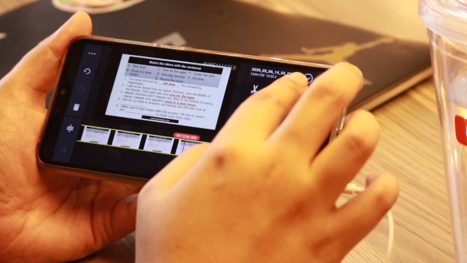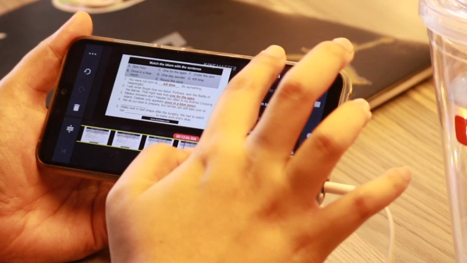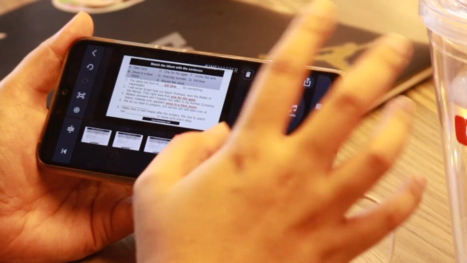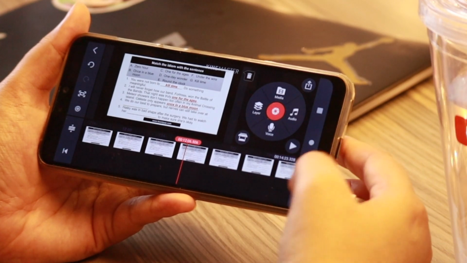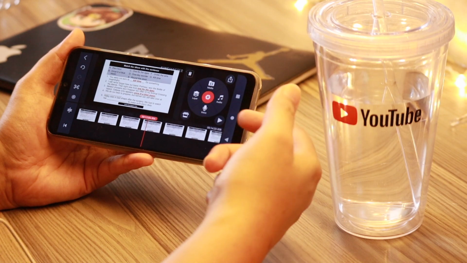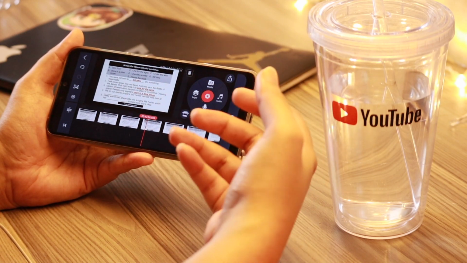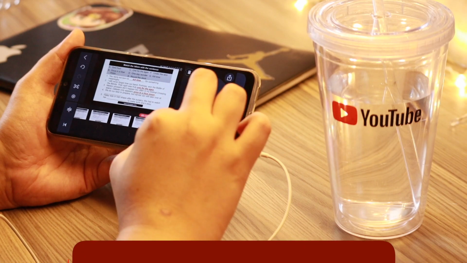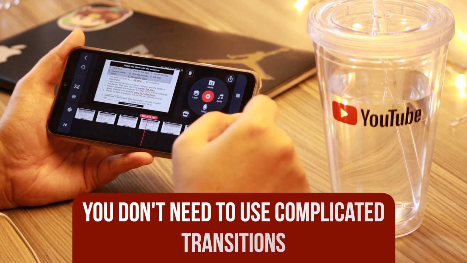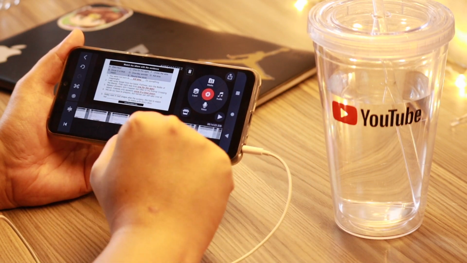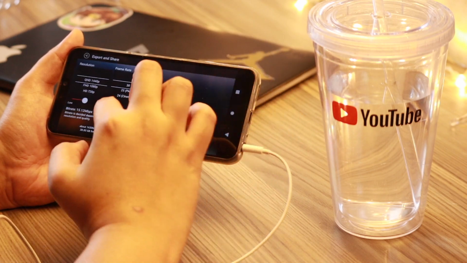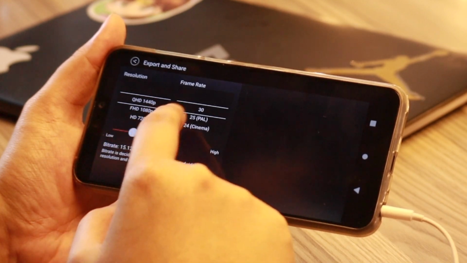Again, from here, pwede ka nang mag-clip, pwede mo na siyang i-trim, pwede mo na siyang ilipat-lipat, pwede mo lagyan ng audio or layers or anything like that. Feel free to play around with your app if you want more features like that. Pero kung ang goal natin is quantity, ibig sabihin we want to churn out as much content as possible, hindi naman kailangan ng mga complicated na transitions. If anything, it takes away from the experience. Kung malinaw naman yung PowerPoint mo, hindi mo na kailangan lagyan ng ganon. And then after that, you can just save this, export it. Yan, pwede mong ilagay kung ano yung